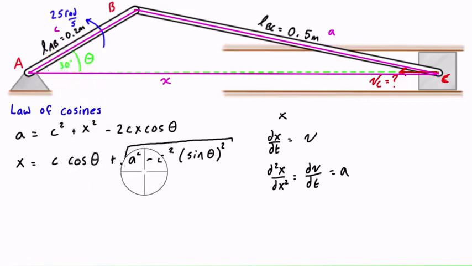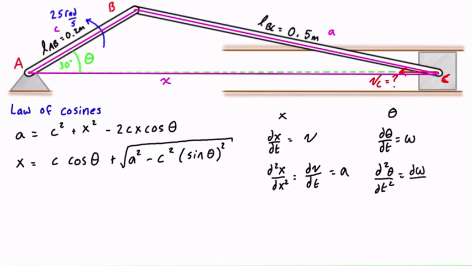We're not actually going to substitute in the value that we have for it. The reason is that the initial expression will have a theta in it. When we take the derivative of theta with respect to time, we're left with omega, which is our angular velocity. And when we take the derivative of angular velocity, that's the same as the second derivative of theta, which is angular displacement. And so that is d squared theta over dt squared, which is equal to d omega over dt,